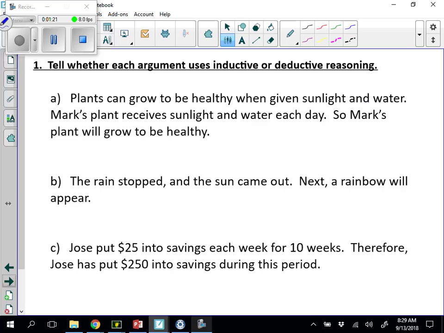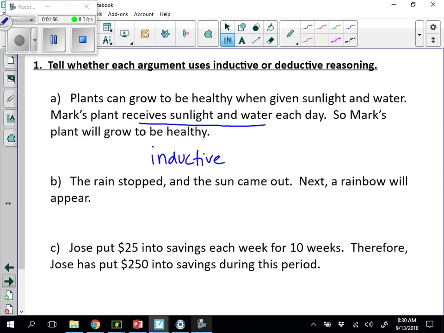Okay, so scenario number 1. Plants can grow to be healthy when given sunlight and water. Mark's plant receives sunlight and water each day. So Mark's plant will grow to be healthy. So is this inductive or deductive? Well, when I look at what I'm given, I am given the fact that Mark is making sure that his plant receives sunlight and water. So based on what he's doing, his experience, his plant should be growing to be healthy. This is an inductive reasoning